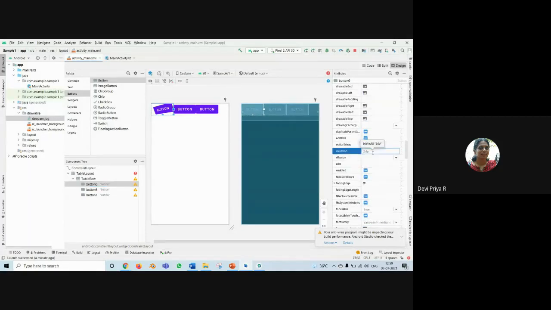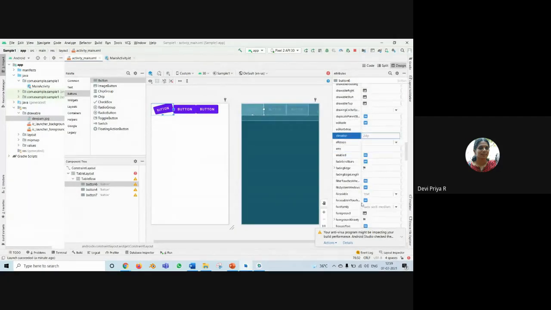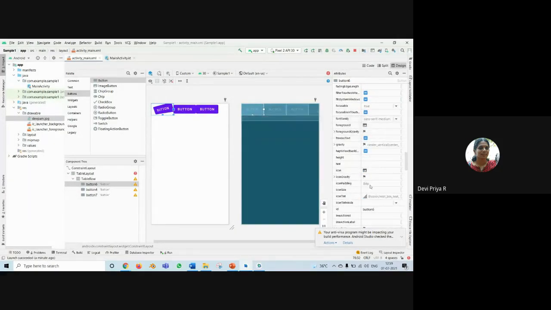And this elevation also you can set, ma'am. So this 2dp, so how it should be visible.